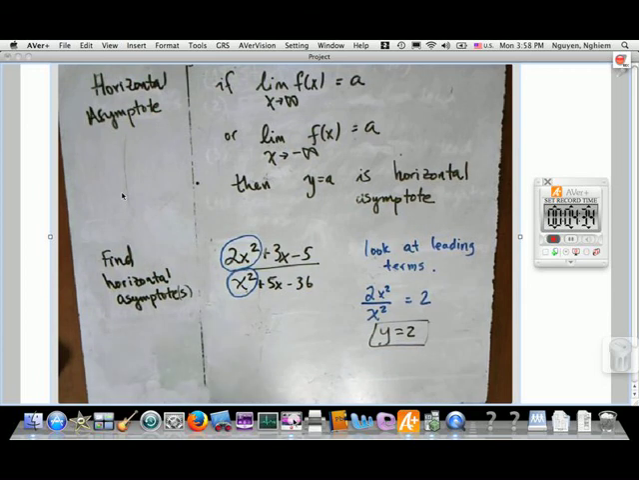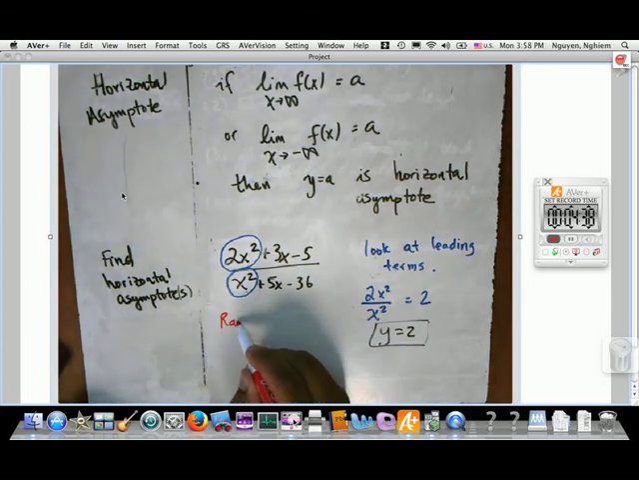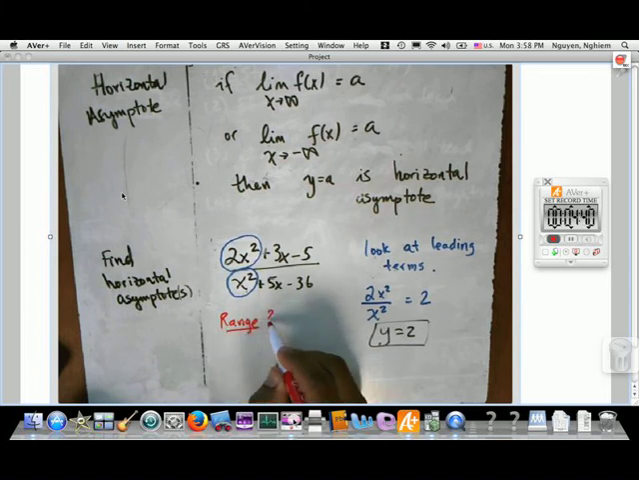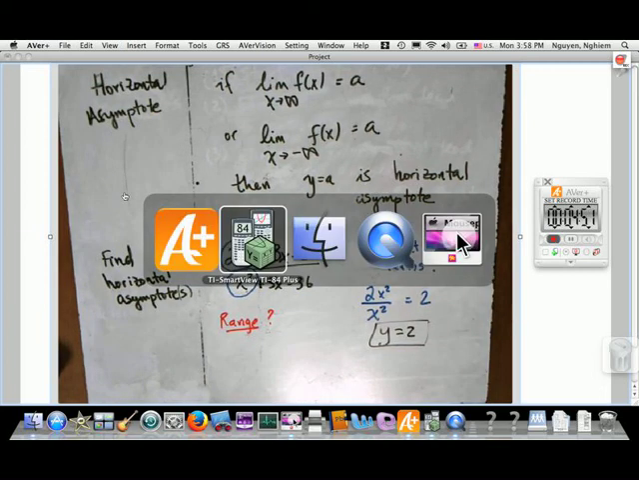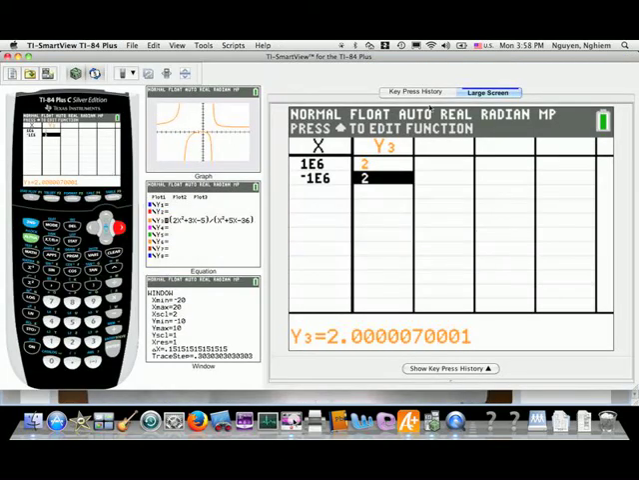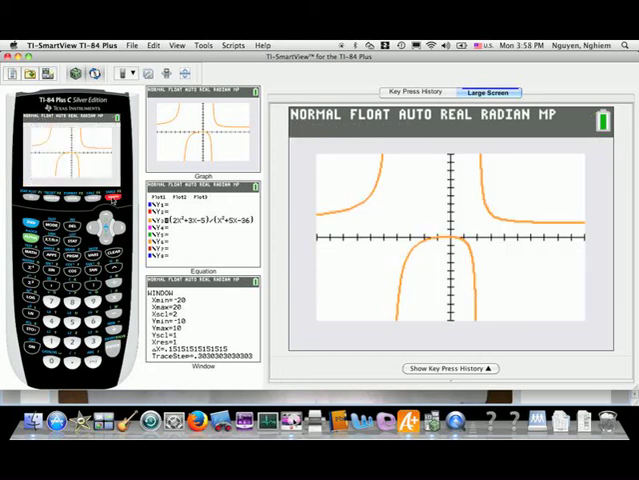Now I want to take this discussion a little bit further and ask, can we find the range? If you recall, the range is the list of all possible outputs, or in this case, all of the possible y values. Well, what y values are possible in this graph? You can see here that